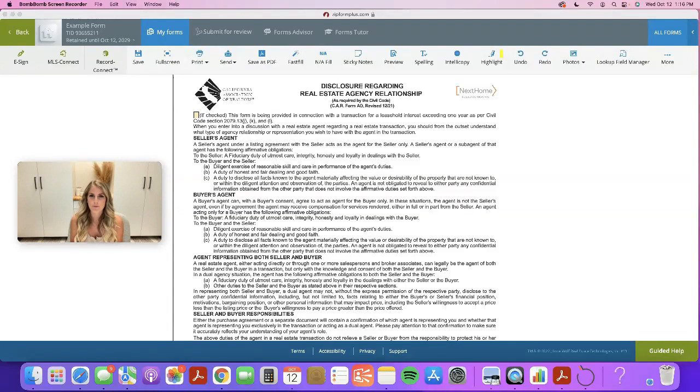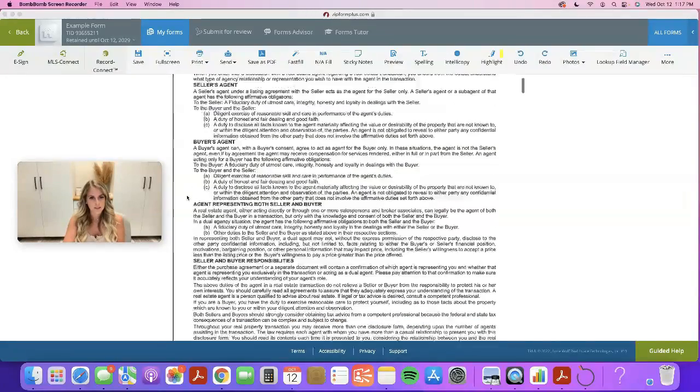I'm going to walk you through what a residential listing agreement looks like. That way, when it comes time for you to sign it, you're familiar with it, and I've explained what everything means. So this first page is the disclosure regarding real estate agency relationship. It's going to go over some definitions. So if you would like to read through that,